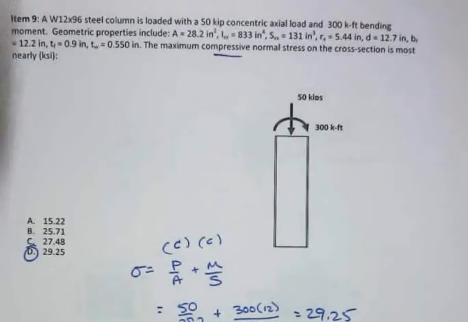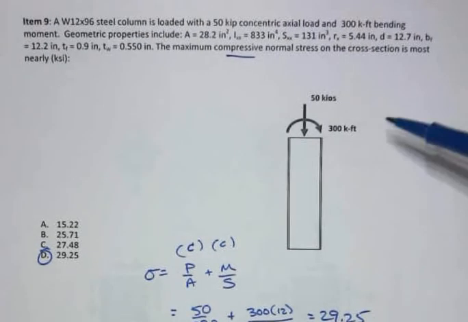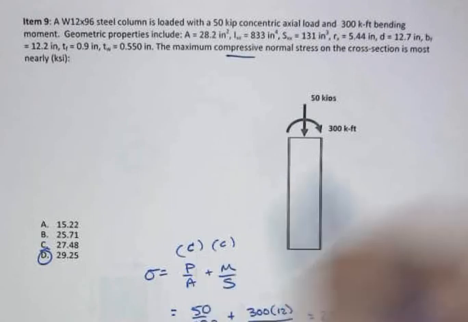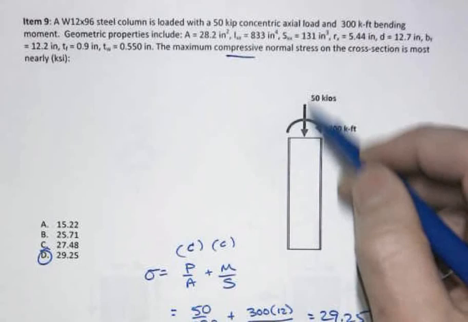And then finally, well, not finally, but item 9 and item 10. Item 9 is a combined loading problem. Straightforward, sigma equals P over A plus M over S. We're looking for compression on both sides, or the max compression total, that is. And so we have this net axial